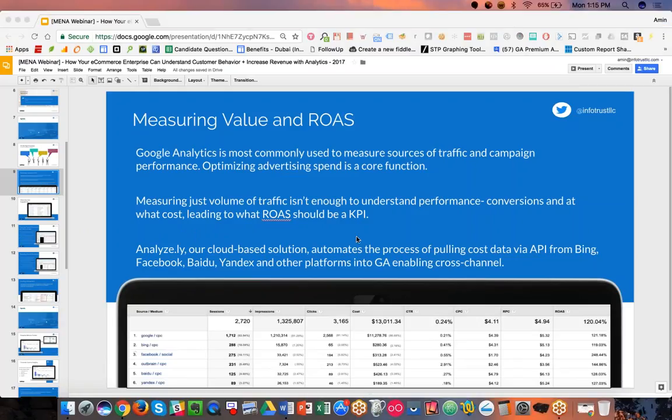So the first thing is measuring value and return on advertising spend. So this is geared more towards the first question here of what channels and which campaigns are driving the best customers. When we work with organizations, oftentimes when we first start, we hear that our analytics is set up perfectly. We can see campaigns that are bringing in users. We know which ones are the best. But when we really dig into it and ask, okay, which one's bringing in the most value or the most return or the most engagement, that's where it breaks down a little bit.